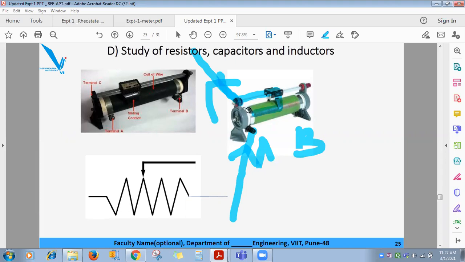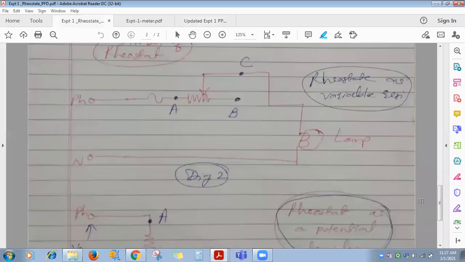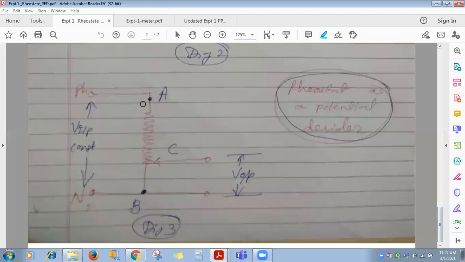Okay, you are using it as a variable resistance. In which application can you use it when all three terminals are used? See here, what is done? This is A terminal, this is B terminal. You apply some constant voltage across these two terminals. I am going to apply single phase AC voltage 220 volt. Means this 220 volt will be across all the turns on the primary side. Now this is the input side. Output you tap from the variable point and any one fixed terminal. I am going to tap it from B. So consider these two are the output terminals.